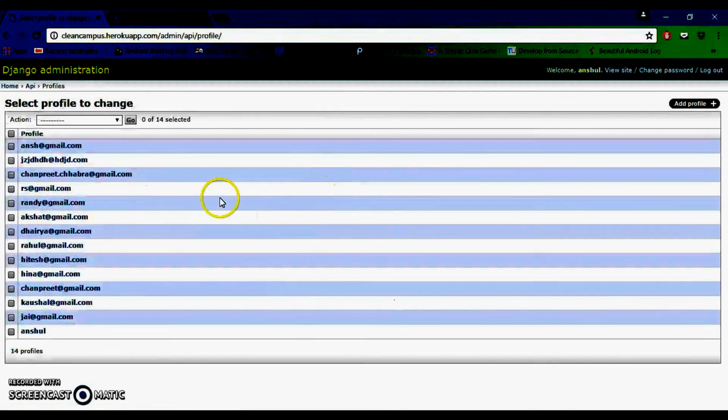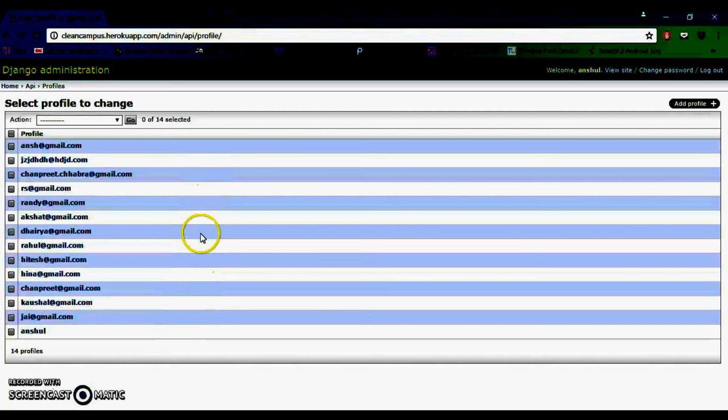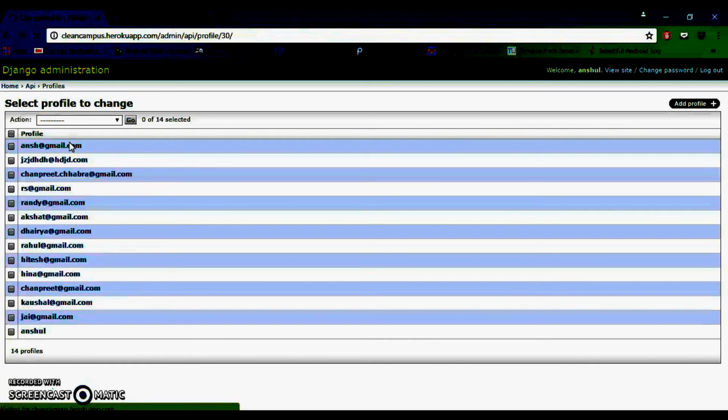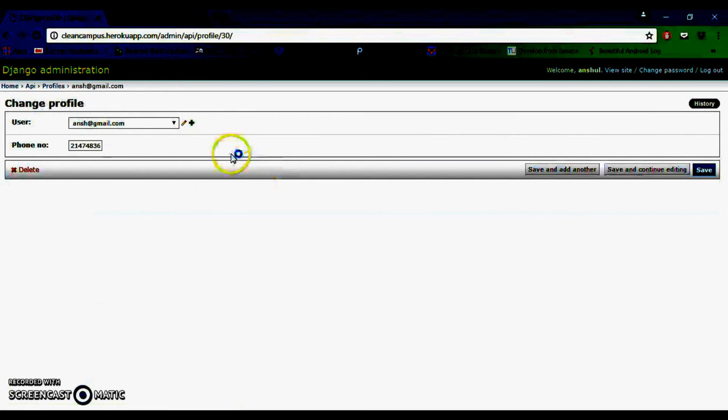As you can see, there are different profiles of the users. If the admin wants to contact a user, he can just click on that profile. Supposedly we are clicking on this profile. Now, as you can see, it is showing the phone number of that particular user.